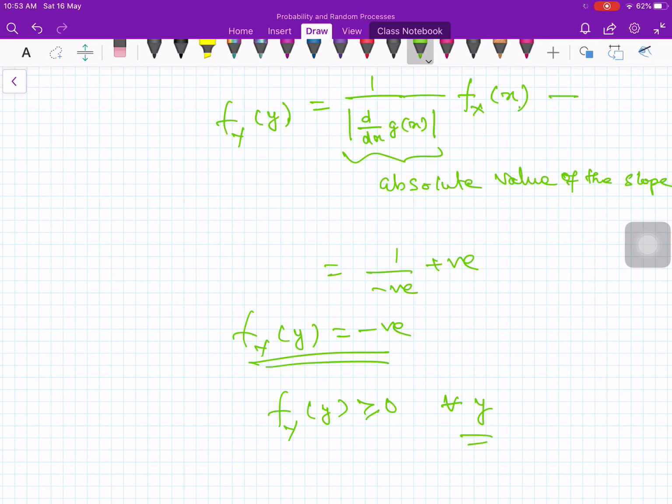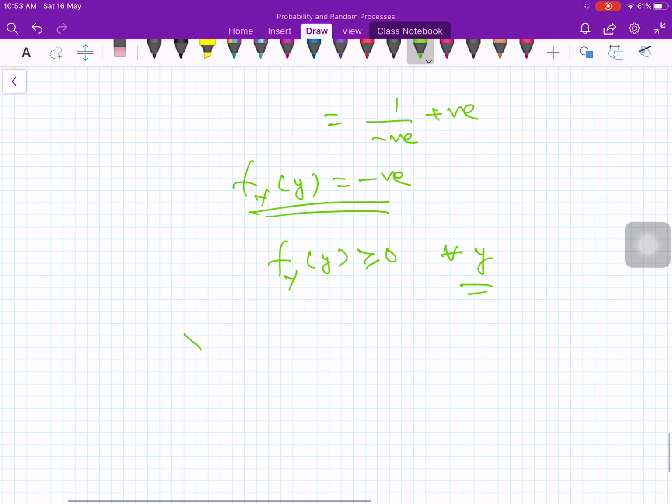So at this point let me stop. In the next lecture I will teach the distribution of the random variable x plus y. Suppose you have two random variables x and y. What is the distribution of x plus y, where x and y are considered as independent random variables? This is quite interesting, and it is a special case. It involves a function of two random variables x and y, which are independent, and now we want to find the distribution of the sum of the two.